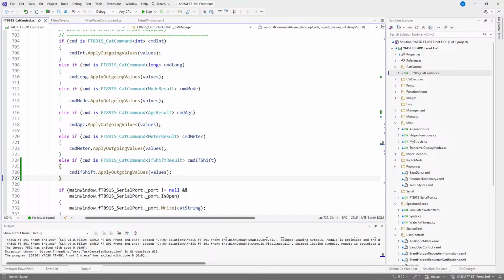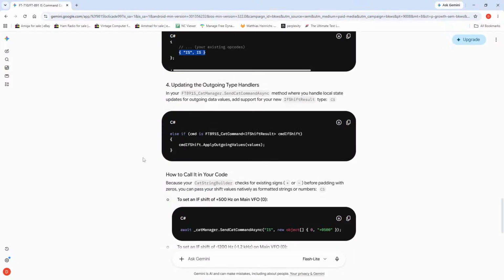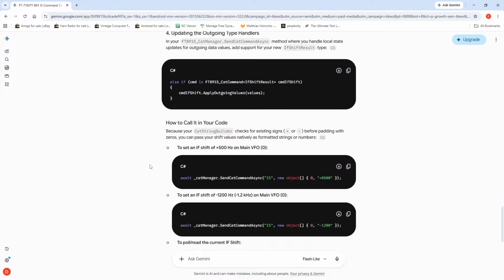And right, because your CAT string builder checks for existing plus and minus before padding with zeros, you can pass your shift values natively as formatted strings or numbers. To set an IF shift of plus 500 Hz on the main,